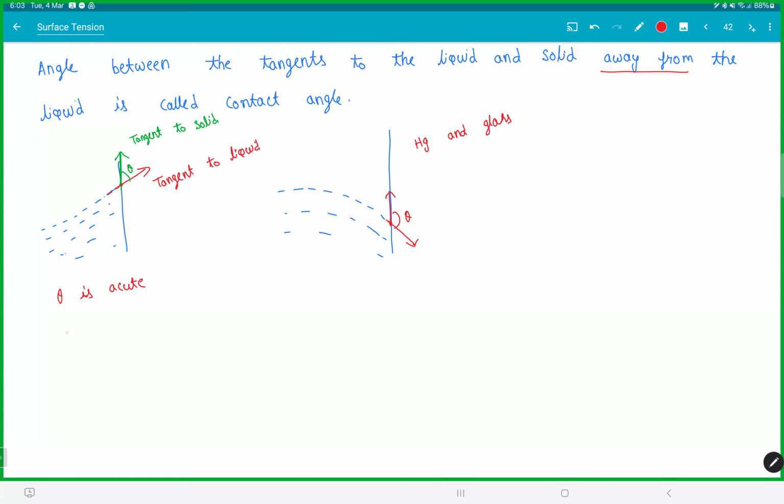So acute contact angles mean they're wetting substances. These are non-wetting substances. So just looking at the contact angle, you can tell whether something is wetting or non-wetting. Suppose you take a mercury drop,